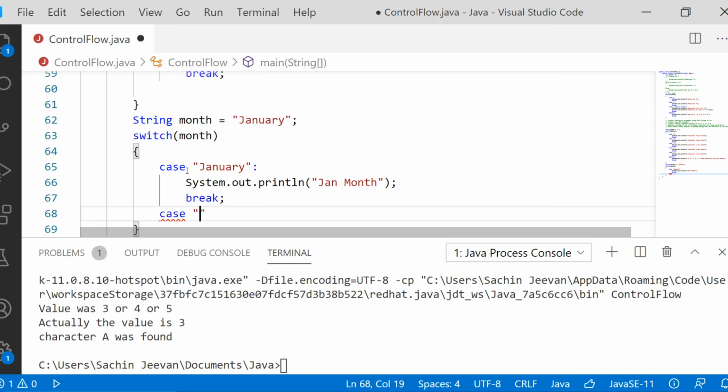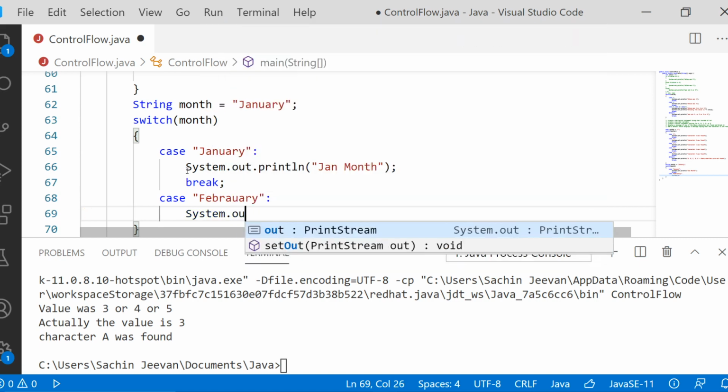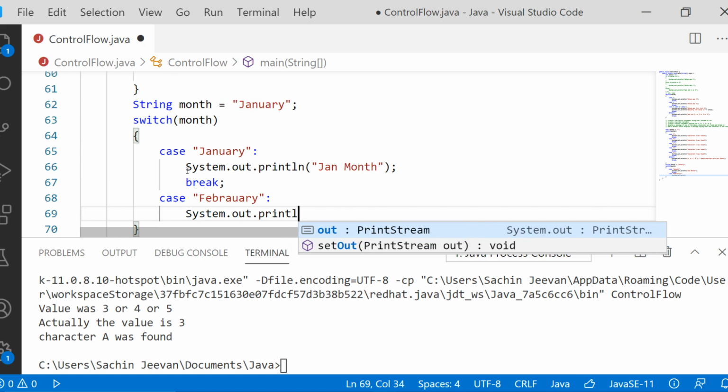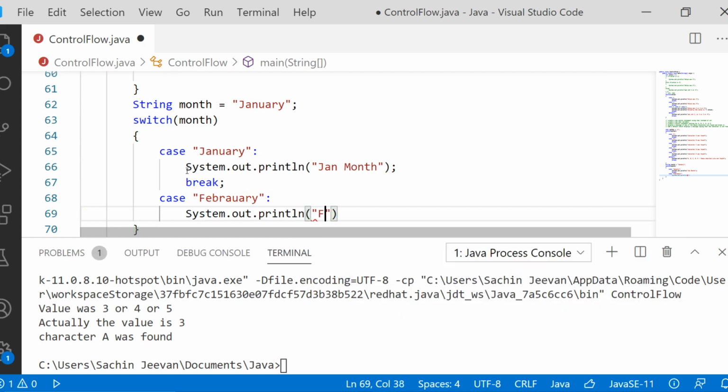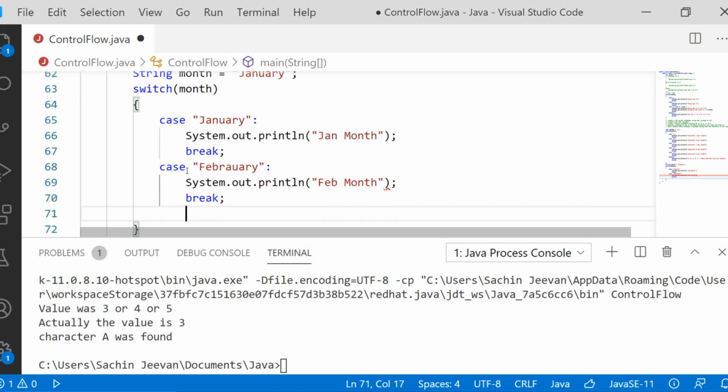The next case is February. If February, we have to print system dot out dot println of Feb month, and then we definitely have to provide a break statement.